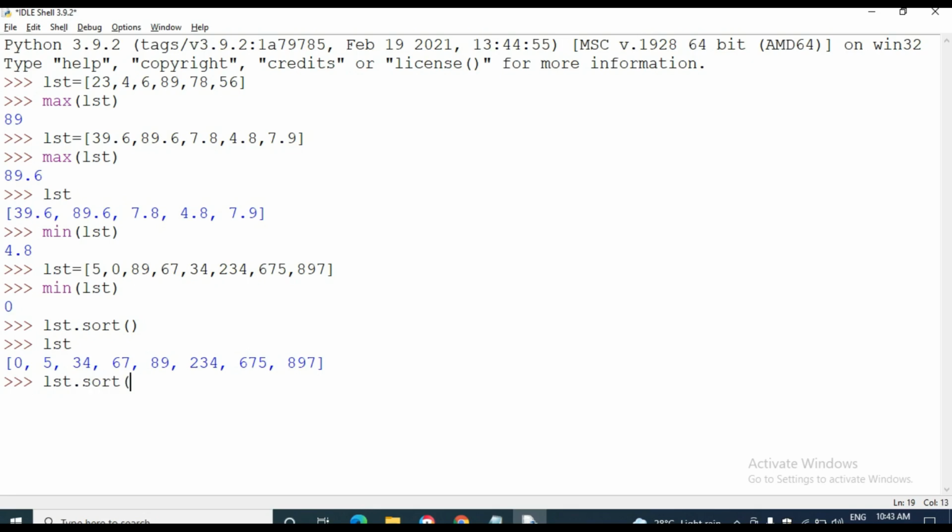See, lst dot sort, reverse equal to true.